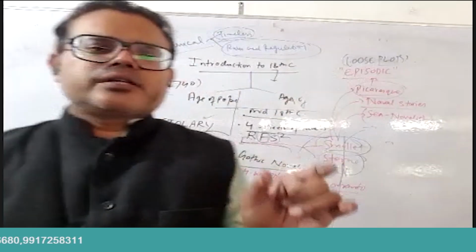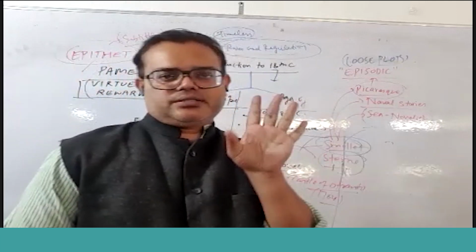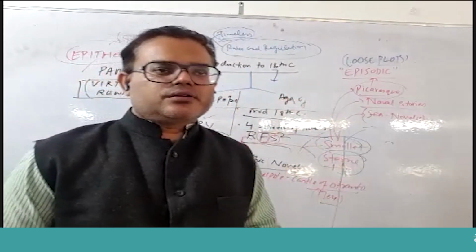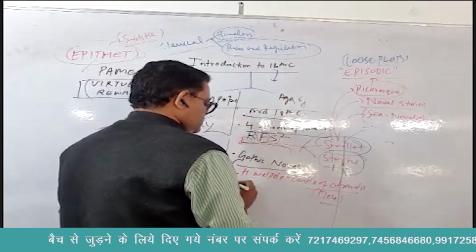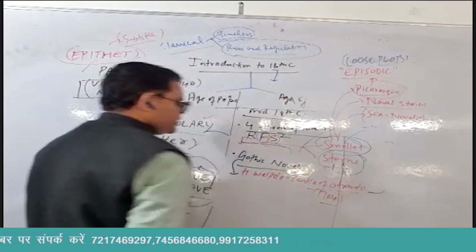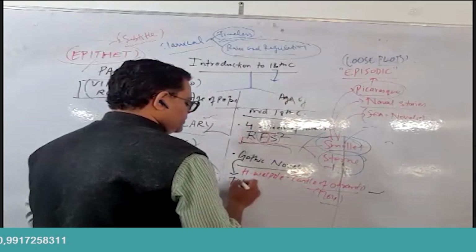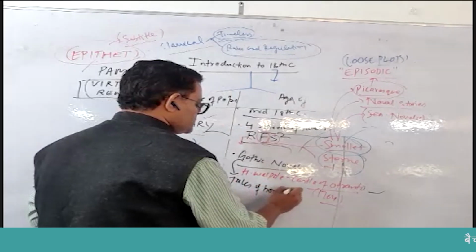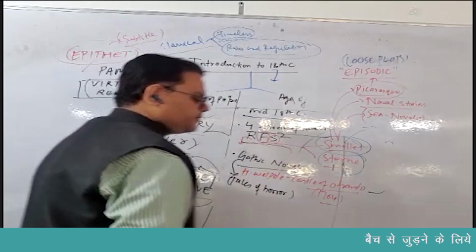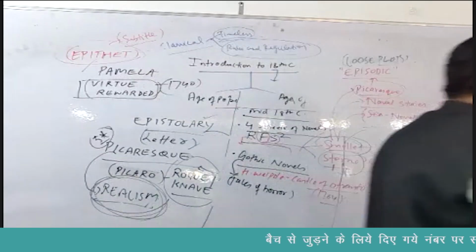And the word Gothic in novels means horror, tales of horror. This was the first novel, The Castle of Otranto, and we have also noted down the meaning of the word Gothic, that is tales of horror. I have also told you once the meaning